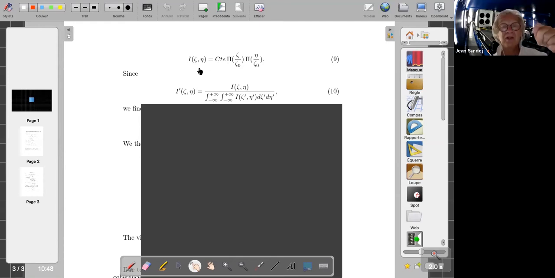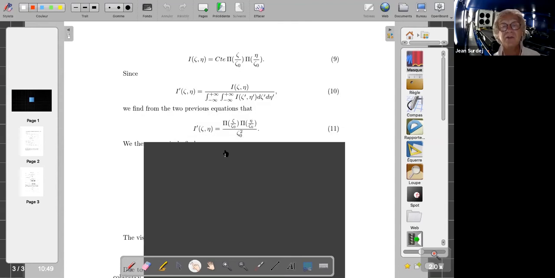But the angular size will be zeta zero times zeta zero. So it will be I zeta divided by zeta zero square. So the value of the constant is equal, in fact, to 1 divided by zeta zero square. Now, if you would like to make that derivation analytically, just take this expression into this one, and you will find this result. So this is quite obvious, but also intuitively